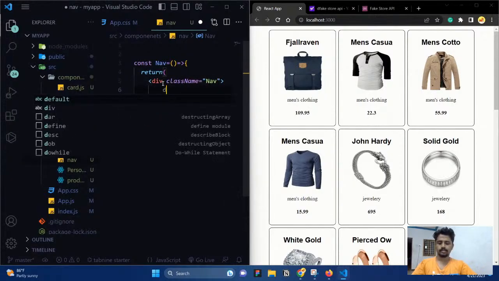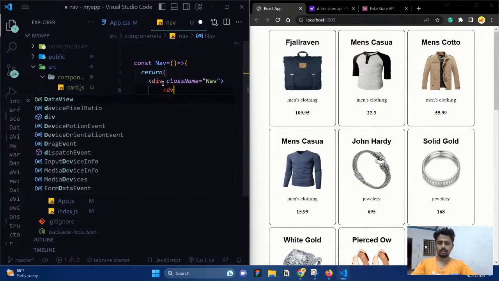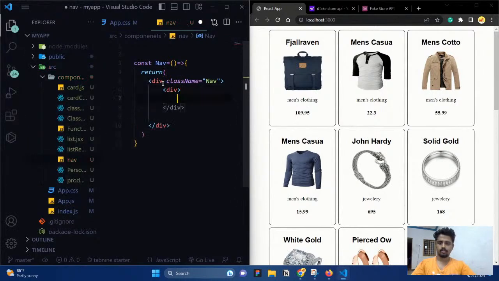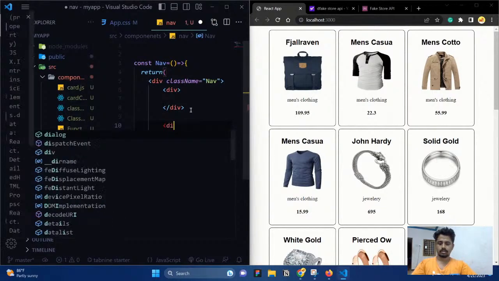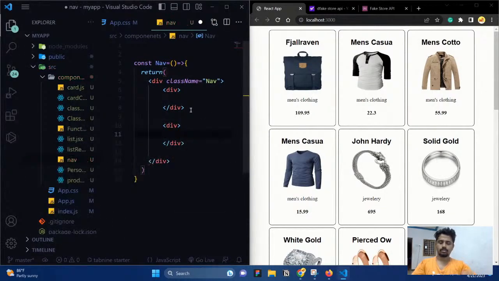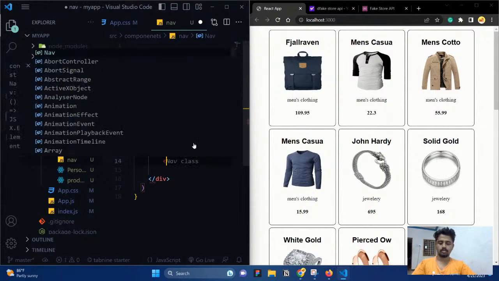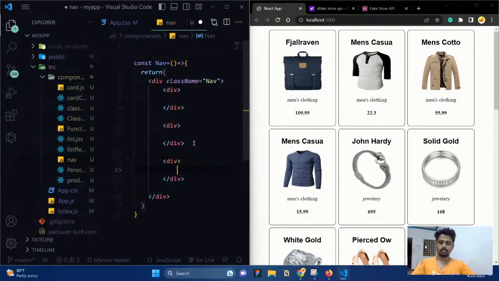So let us create a div for logo, a div for menu items, a div for